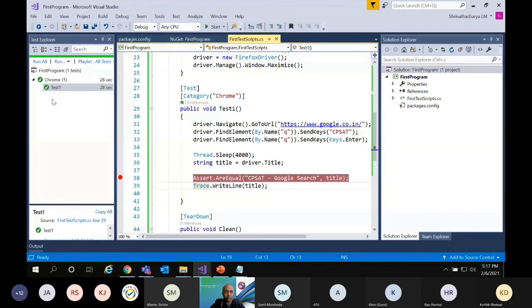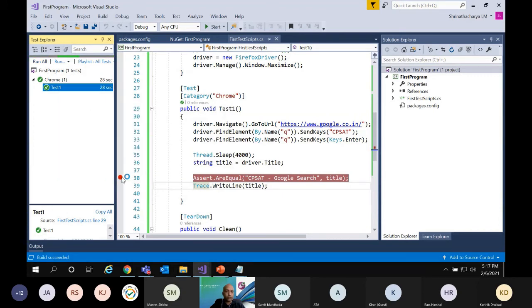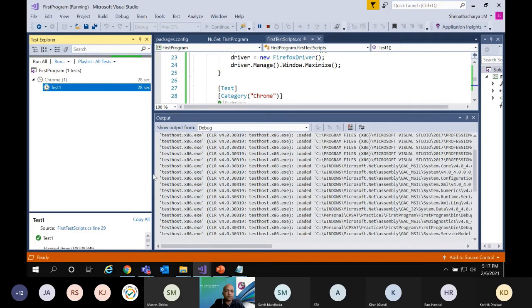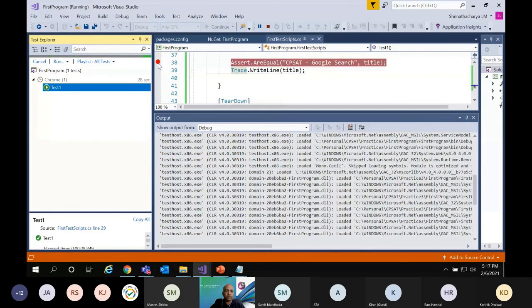The difference is that run selected test will run and skip all the debugging. If you want to debug, you have to run it with debug. You put a breakpoint by clicking just beside the line number, so that it will put a breakpoint.